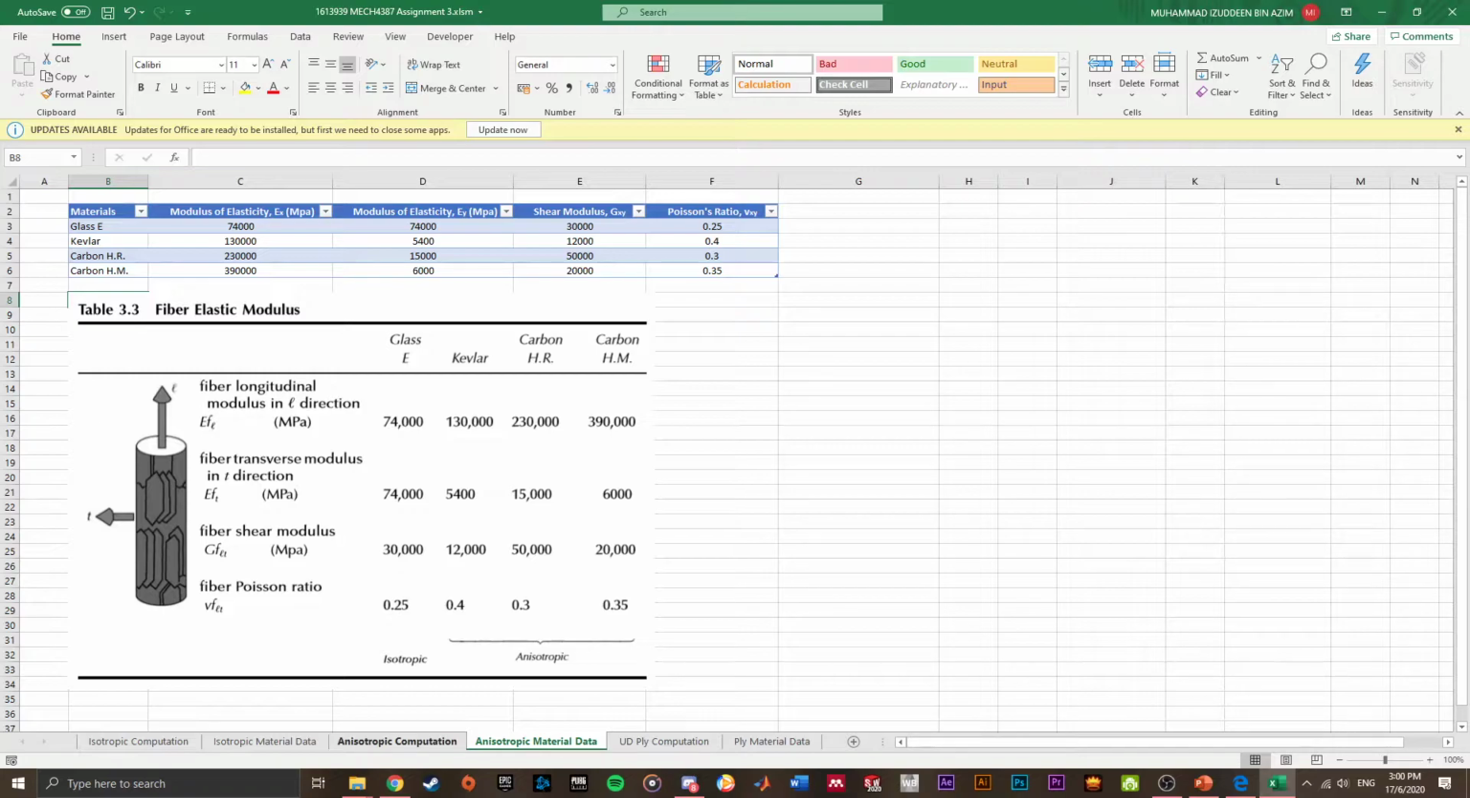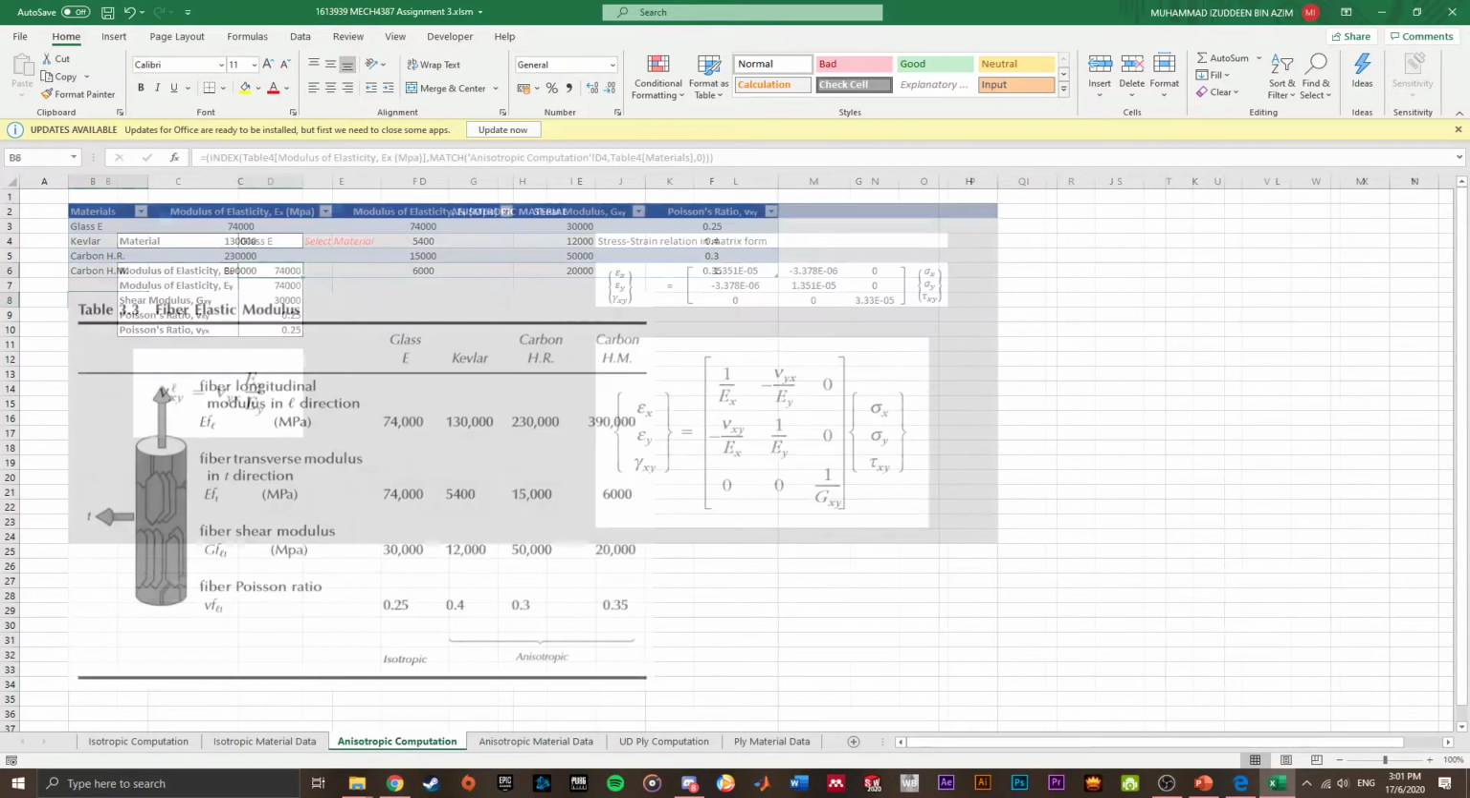Other than that, I would say it is actually the same. Just have shear modulus of x and y and Poisson ratio, just like isotropic. Okay. Next,